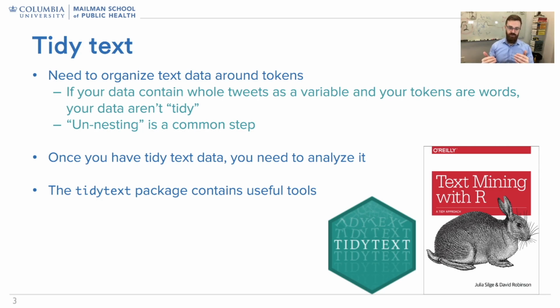So one of the things that you're going to do is unnest, or make this from a row that contains a lot of observations into something that looks like tweet 1, first word, tweet 1, second word, tweet 1, third word. And then you get down to the second one and you get tweet 2, first word, tweet 2, second word, and so on. Saying tweet an awful lot is kind of a weird thing to do. But okay, so then you've done that. Let's assume, and we're going to see how that might work,